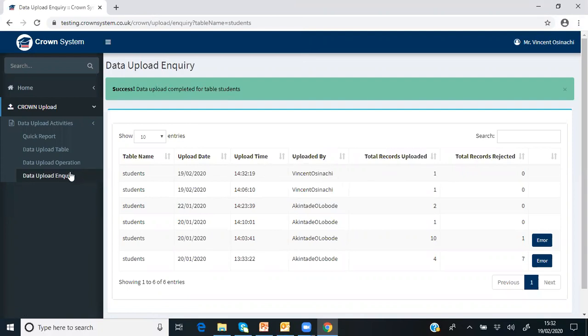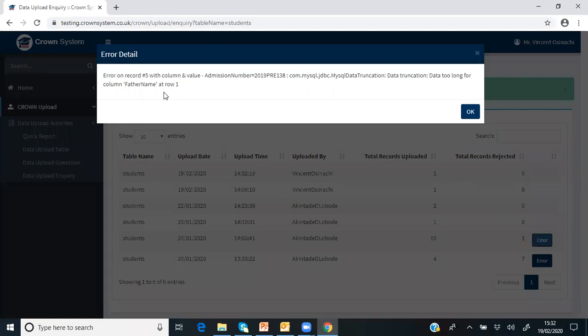Now you can see the data upload inquiry. This is the functionality where the system takes me to. Now from here you can view it. If there are any records that the system rejected, you will see them here. Total record rejected, and you will see this functionality beside it. Error. If you click on this error, the system will tell you